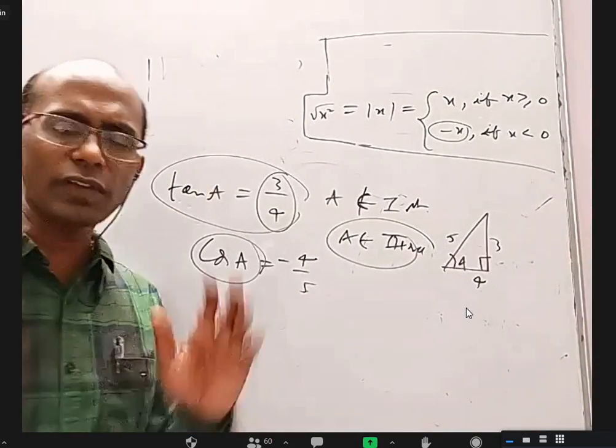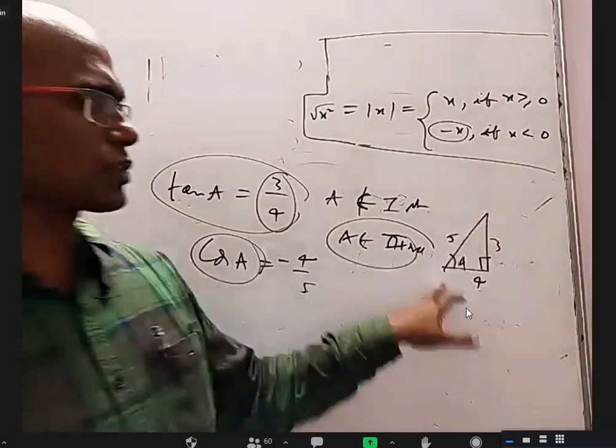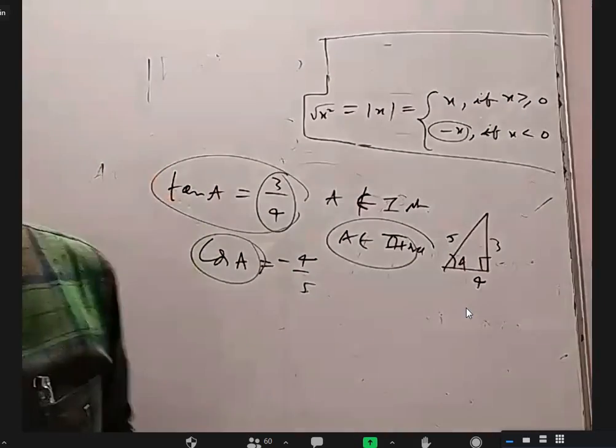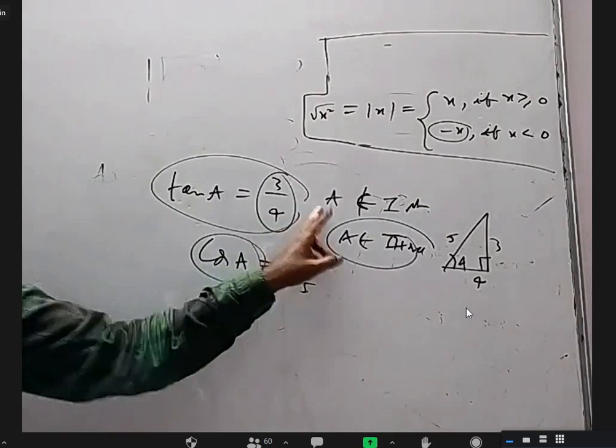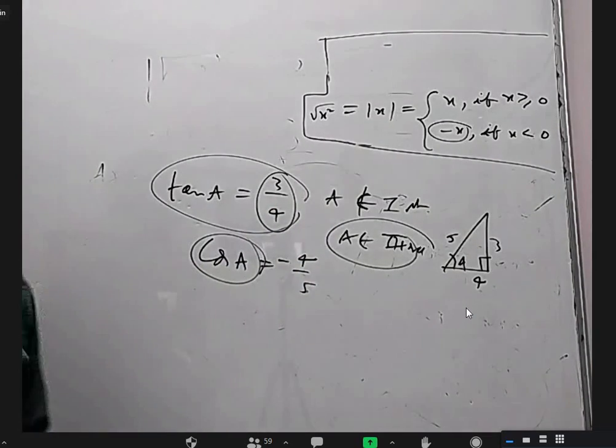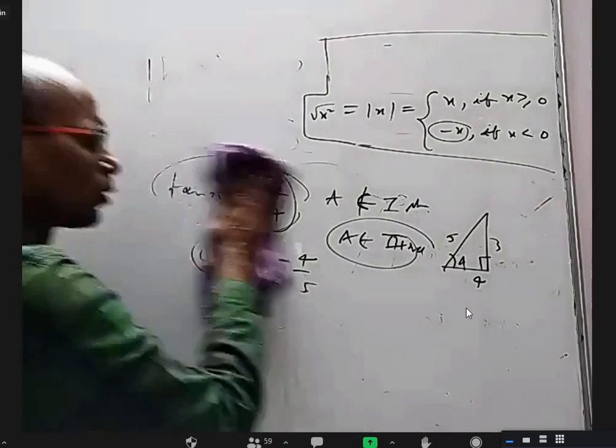So whenever out of the six trigonometric functions, sin A, cos A, tan A, they give any one, you can find all the others after drawing this triangle. But for the sign, if you want to know it, you have to know which quadrant it belongs to. Then only you can tell. All right?